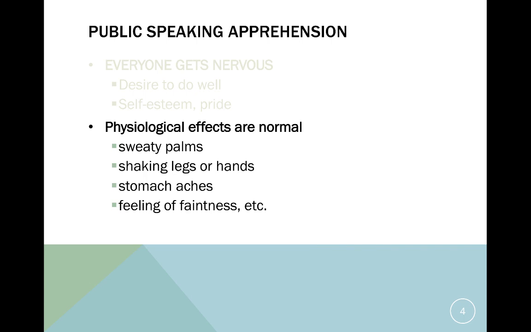Some people struggle because they have skin reactions. So when they start speaking, if they're a little bit nervous, they might start with a little bit of redness, splotches that might come up across their chest and up their face. And by the time they finish, their entire face is red, their ears are on fire. It's a real struggle for them. But what I want you to understand is that physiological effects are normal and they do get better over time. And what's really cool is I have tips and tricks for dealing with almost all of them. I'll give you even just a few of them in a few minutes.